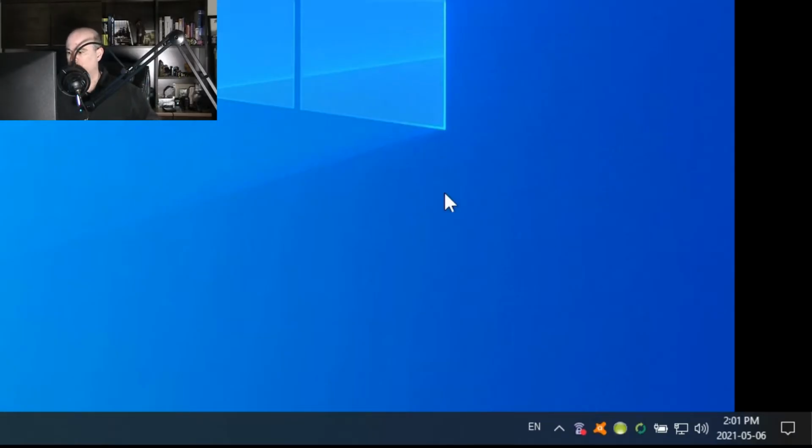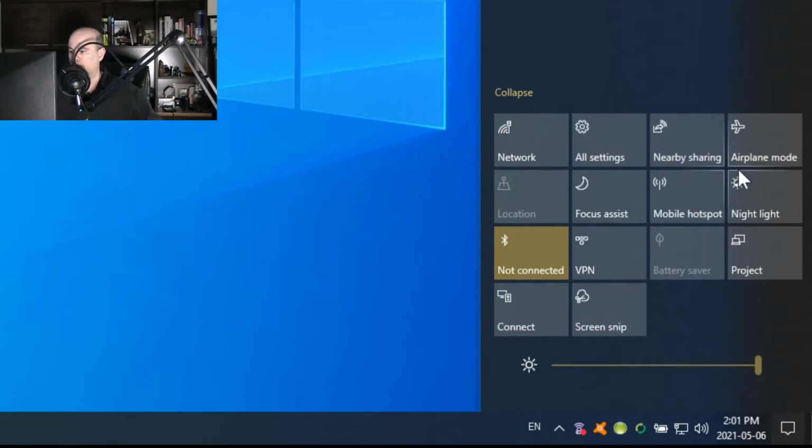So how do you know if you have Bluetooth on your computer? There's two different ways of looking at it. The first section on your computer, if you look down in the bottom right under the notifications section, you can click on that little bubble. There's a bunch of things here, and one of them will have the Bluetooth symbol, and it may or may not be lit up. It'll show if it's connected or not, if there's any devices. It'll say if it's on or off.